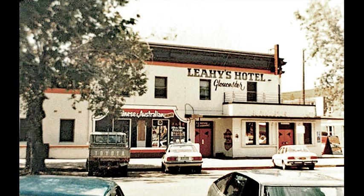On the northeast corner of Smollett and Townsend Streets was the Gloucester Hotel. The building was originally the Commercial Banking Company of Sydney, built by William Jones in 1859. In the early 1890s, the CBC Bank moved to Dean Street, and in 1893 their old premises became the Criterion Hotel. The hotel was renamed the Gloucester in 1935, perhaps to recognise the Australian visit of the Duke of Gloucester in February of that year. The building was demolished in October 1984 to make way for Kmart and the West End